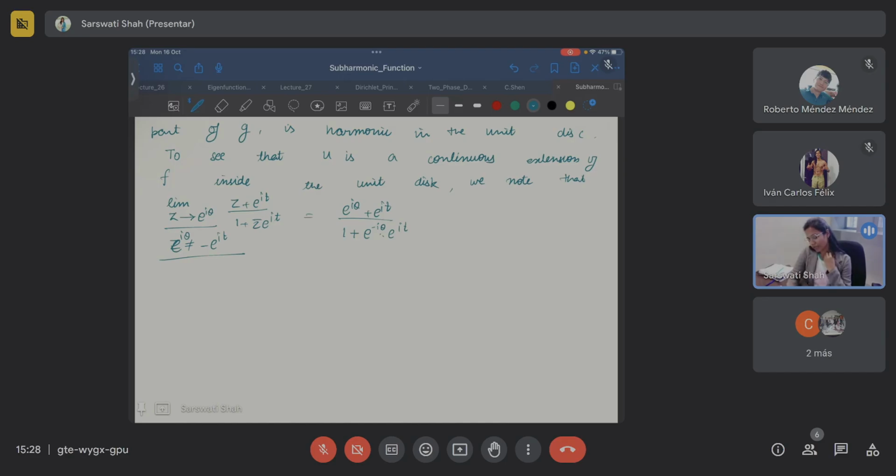Take this e to the power minus iota theta outside. So this limit is going to be e to the power iota theta, except the case when this